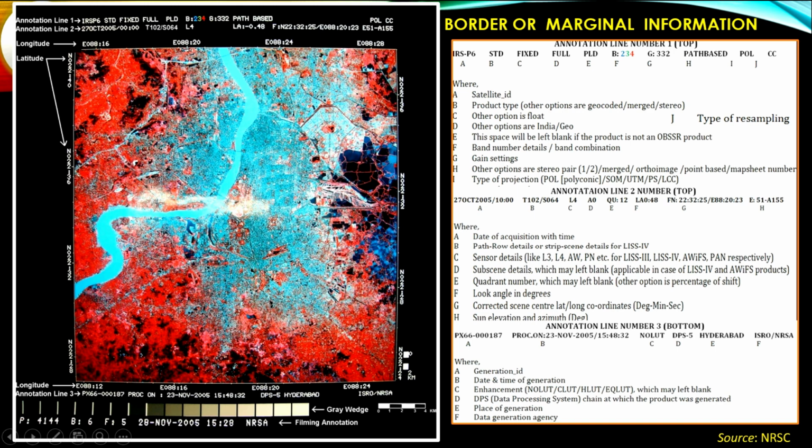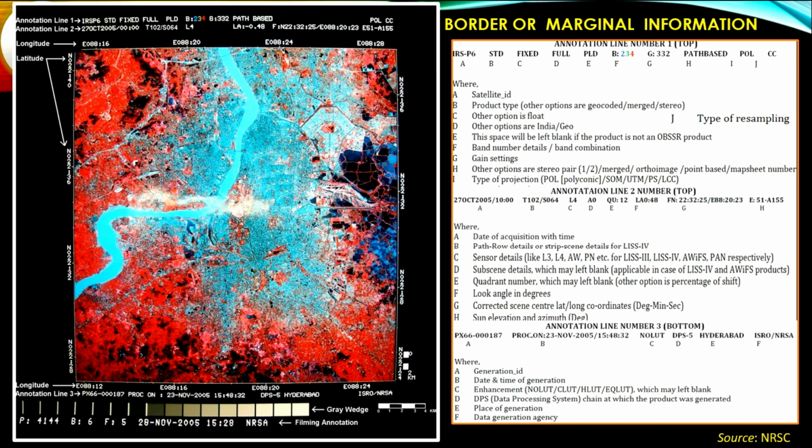In this way the annotation line 2 on top has the date and acquisition time, and the path and row detail. In this way you can see each and every annotated matter on the satellite image.